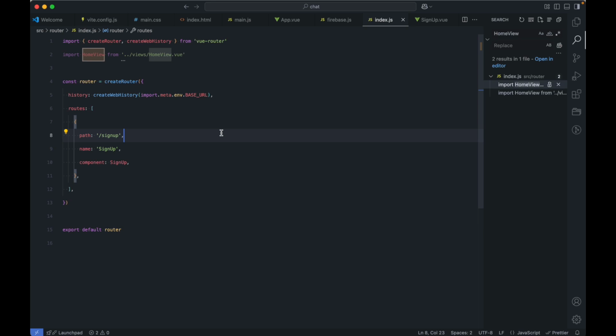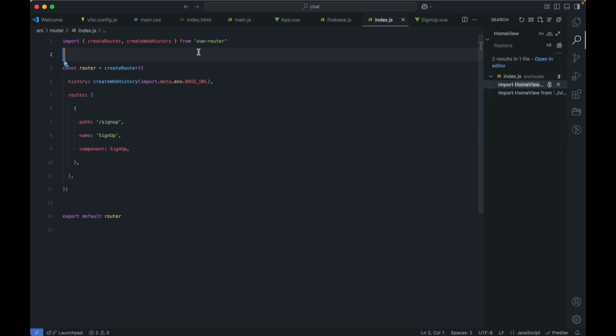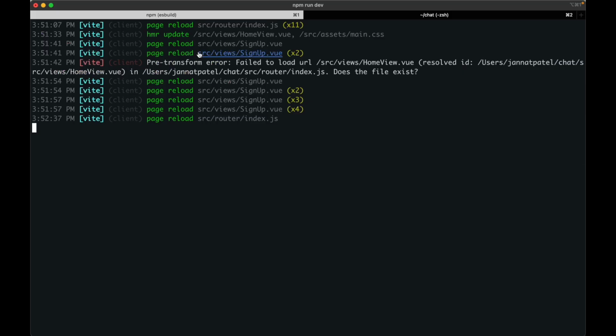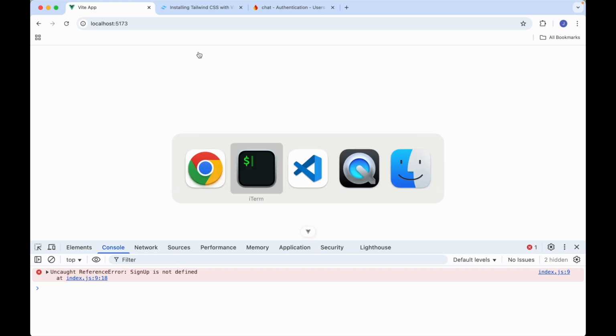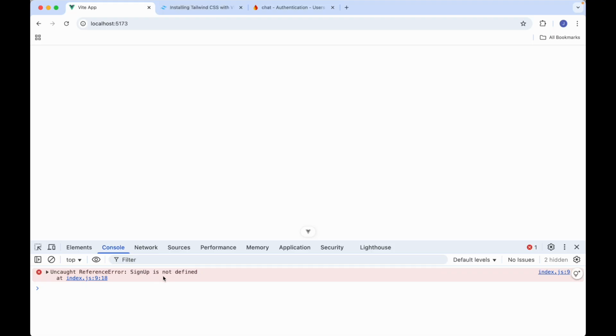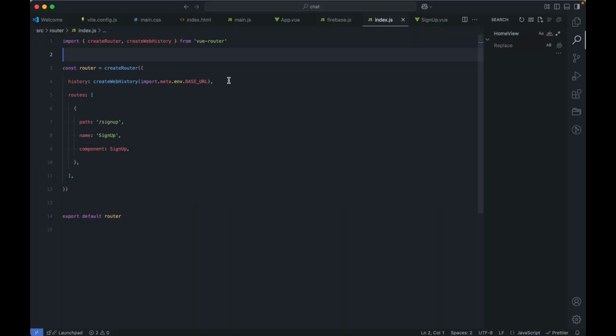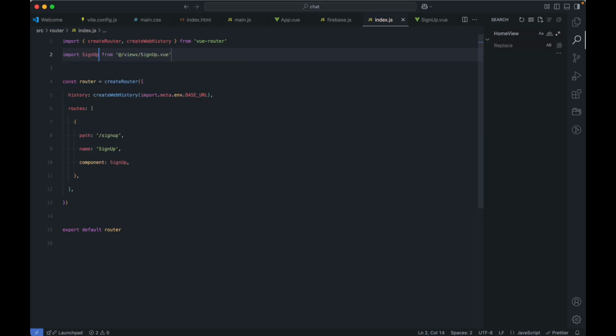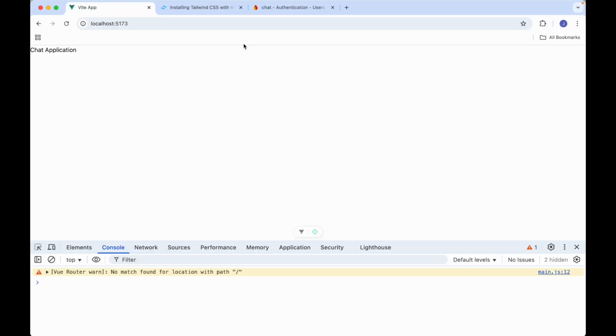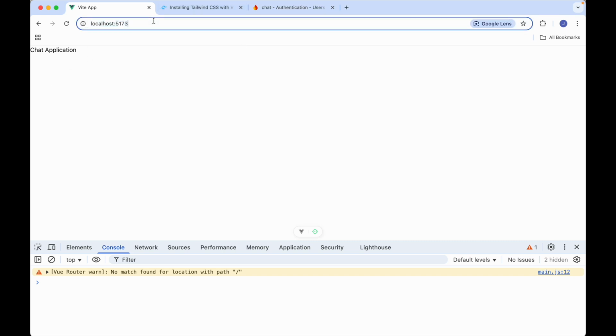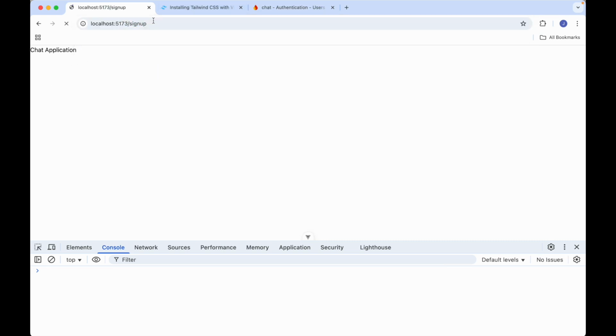Yup, I need to remove the import that is there, and then signup is not defined is what it says. So instead I'm going to import that here. Import signup, and yup, the default route is working. And if I go to sign up,